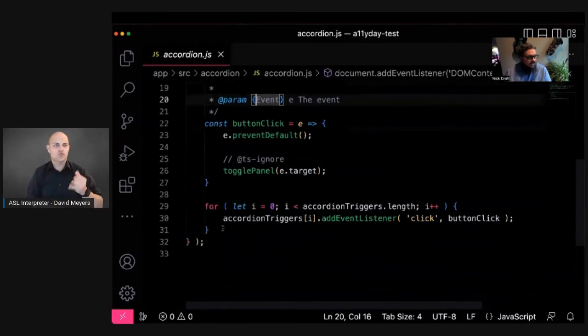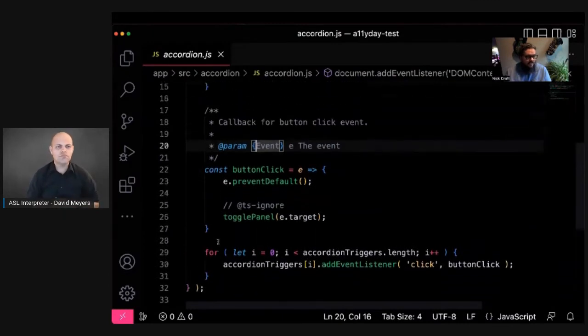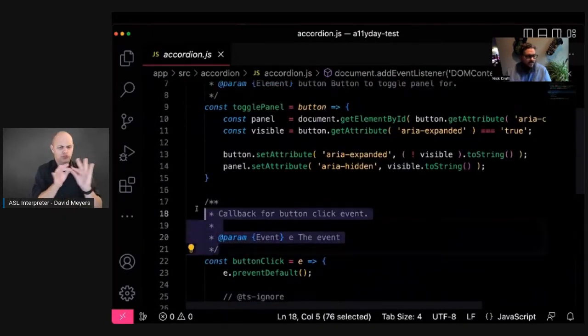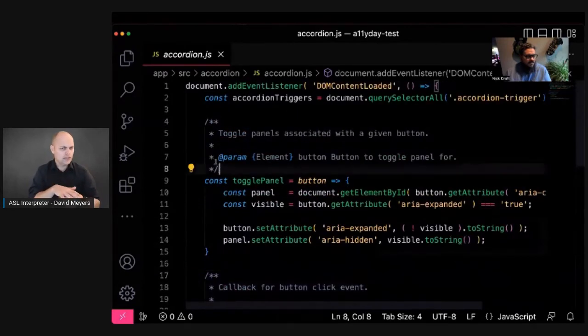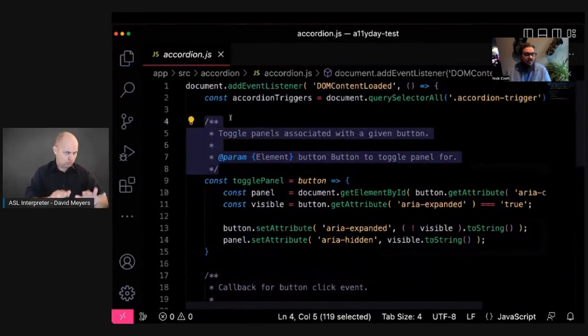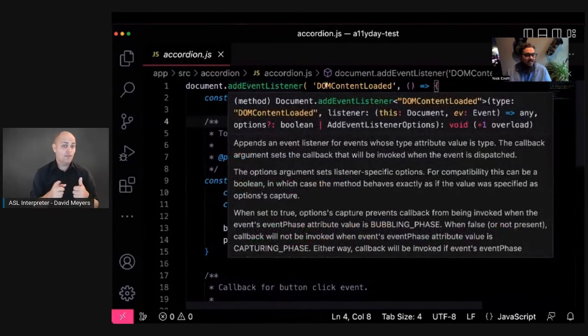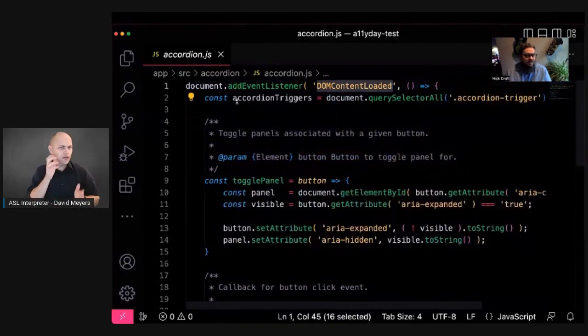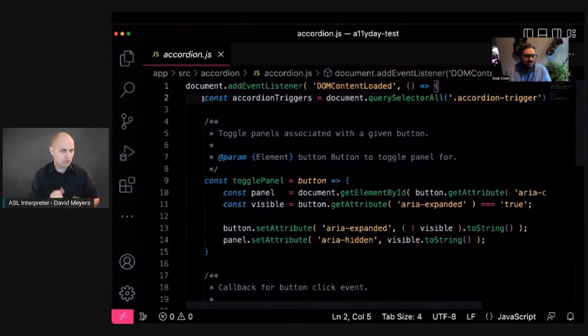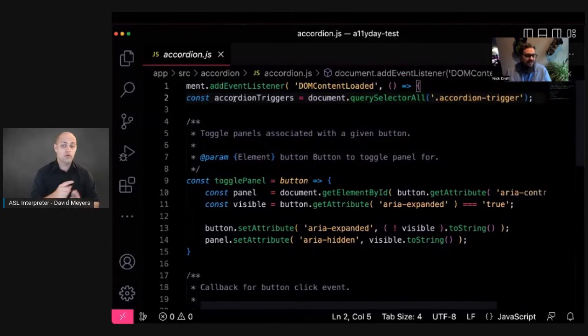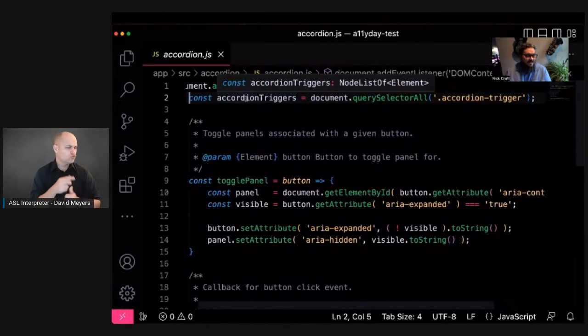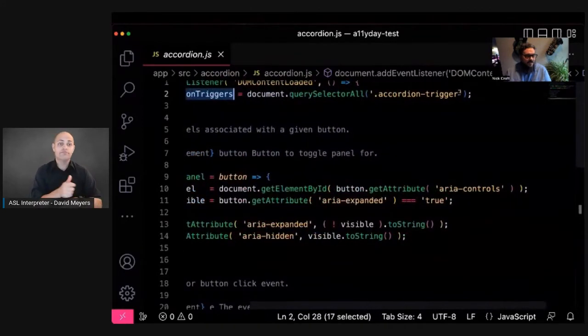It's all of 33 lines of code, including white space, including all of the comments that I've added to make it understandable what's going on with everything. The first thing that I do, I'm using an event listener on DOMContentLoaded just to make sure that everything exists before we start trying to interact with it. The next thing I do is set my accordion triggers. I am targeting that class that is the buttons.